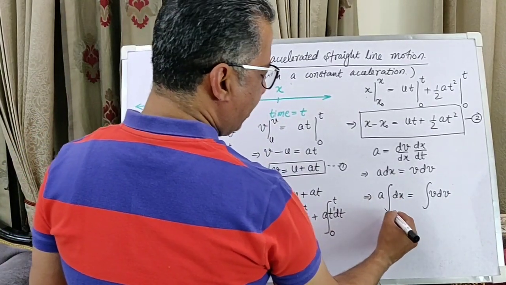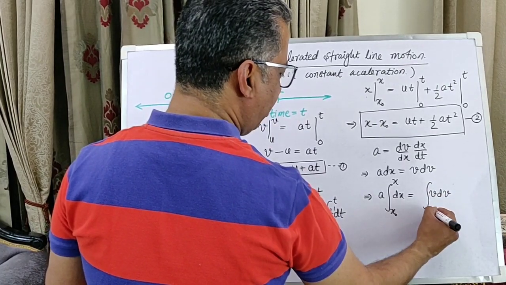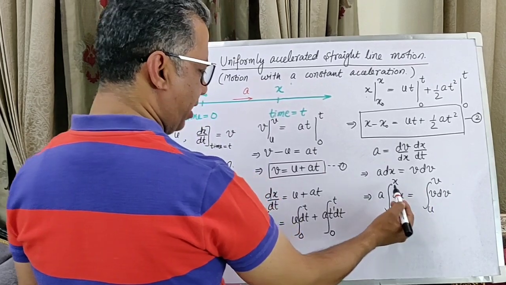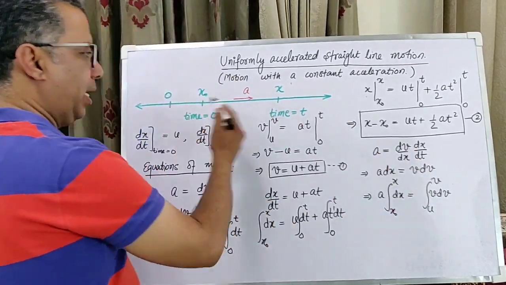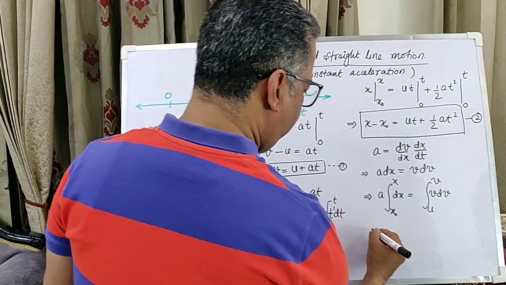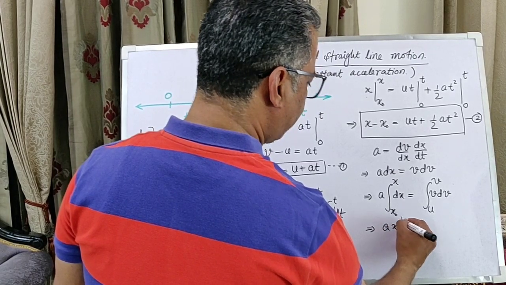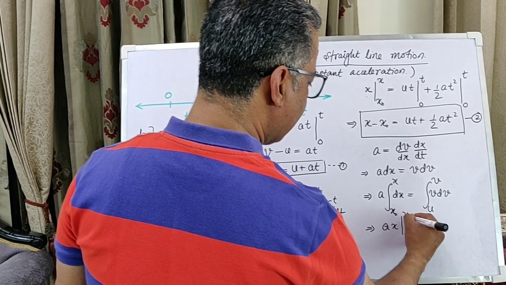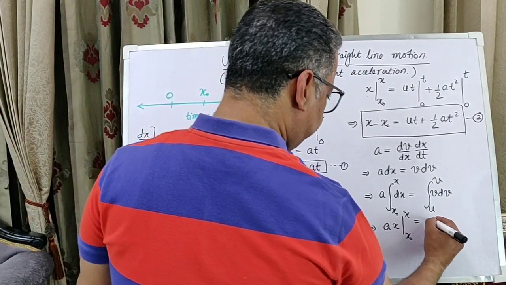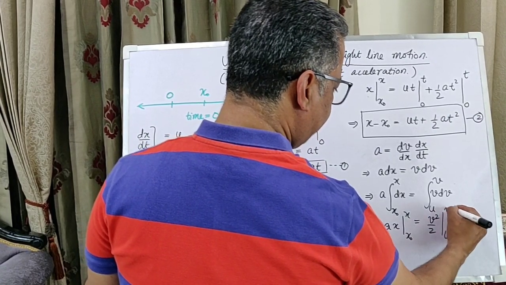The limits for x are x naught to x, and the limits for velocity are u to v. When you are at x naught, velocity is u, and when you are at x, velocity is v, as per our starting assumption. So what we end up with now is a dx, limits x naught to x. On the right hand side, we have v square by 2, u to v, and so